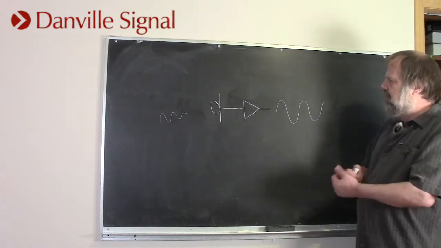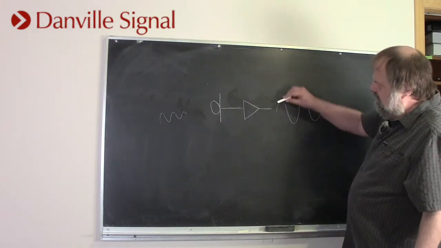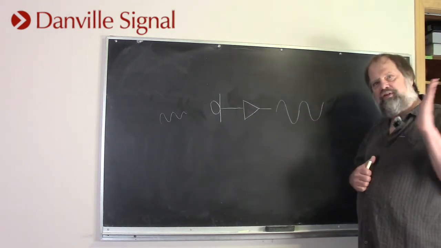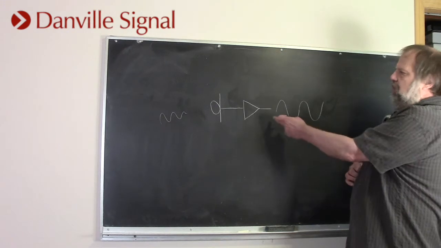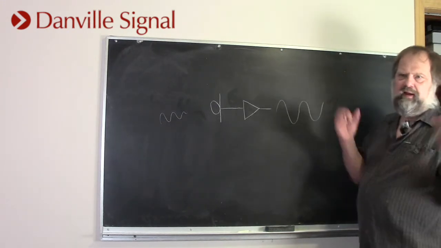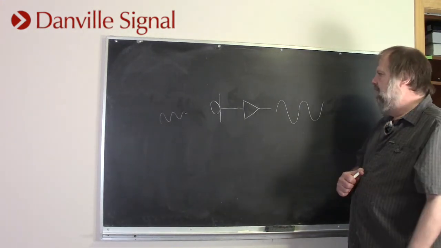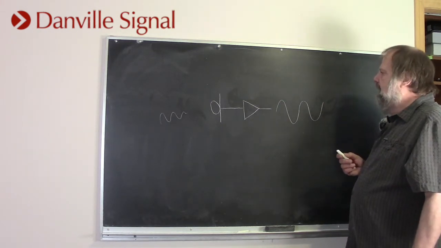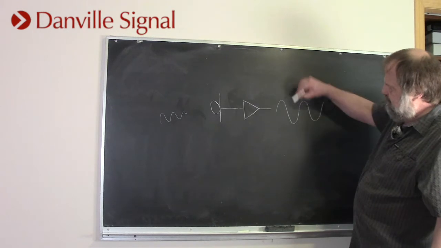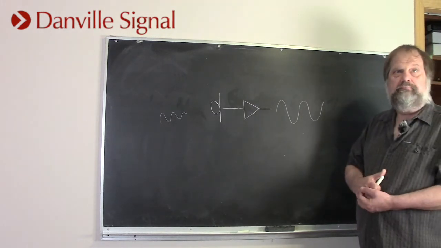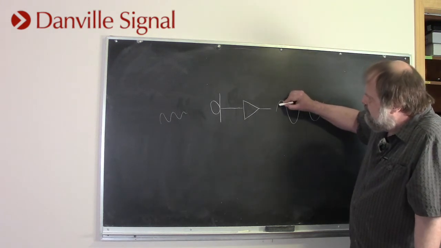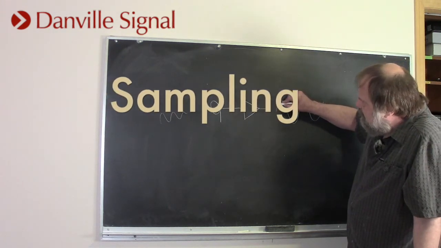So the first thing I want to say is that in an analog system, this wave is continuous. It means that it starts at DC, it goes to end of light, a little higher than that, in fact, and it just continues and so forth. And so it seems very seductive. That's kind of our ideal. And it is. So the first thing we do in a digital system is we do something called sampling.